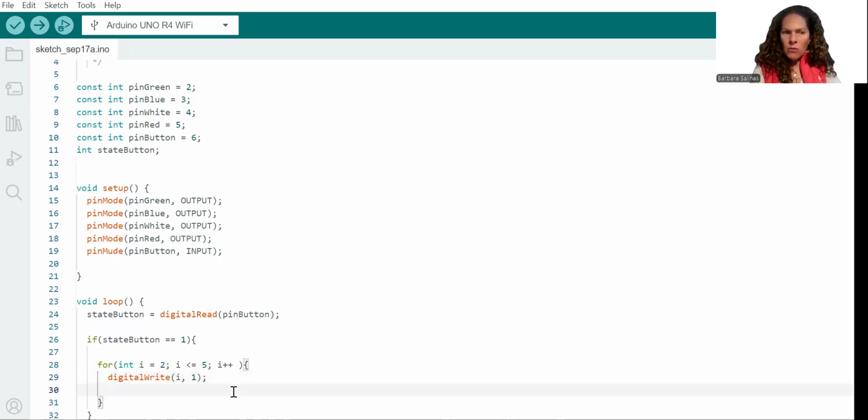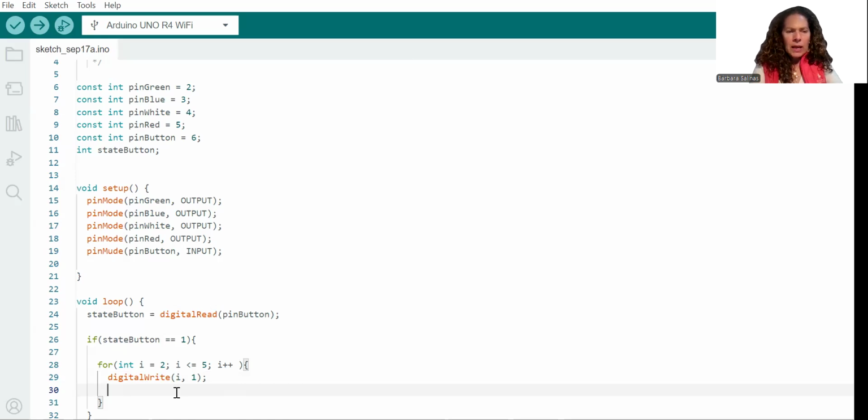Enter, and now, after 1.5 seconds, we want the next LED to light up, and they are going to remain on. Okay, so the first one is going to light up, and then after 1.5 seconds, the second one is going to light up, and both are going to remain on. After 1.5 seconds, the third one, and after 1.5 seconds, the fourth one. Okay, so let's continue working in this